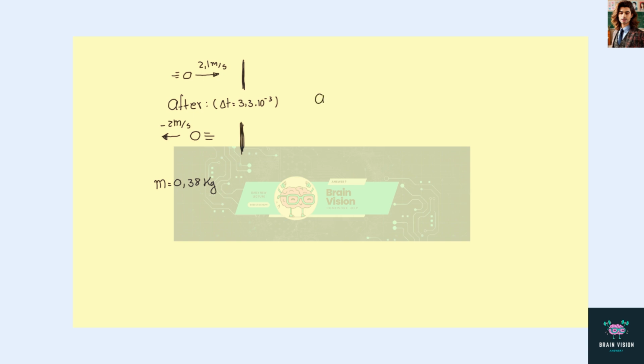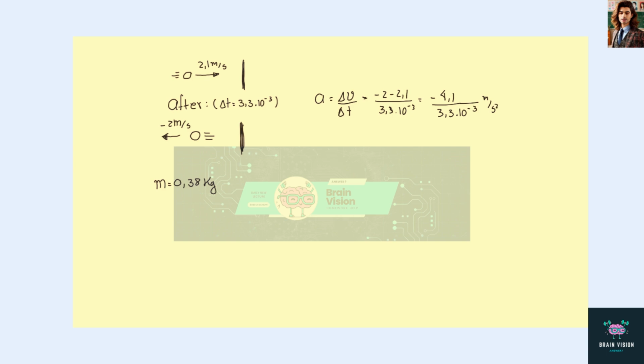We begin this question by calculating what is the average acceleration of that ball. The acceleration is equal to the variation in the velocity divided by the time that it took. Then we had a velocity of 2.1 and now we have a velocity of minus 2. So the variation in the velocity is equal to minus 2 minus 2.1, and the time it took was 3.3 times 10 to the minus 3. And this gives us minus 4.1 divided by 3.3 times 10 to the minus 3 meters per second squared of